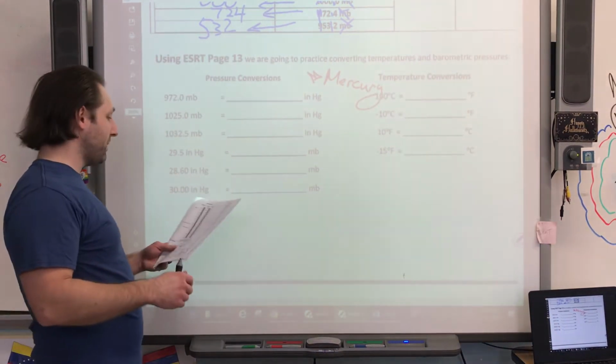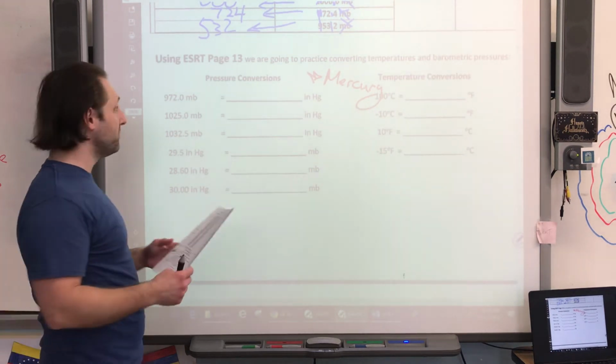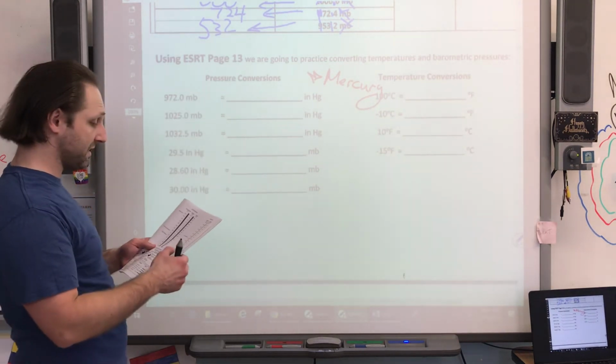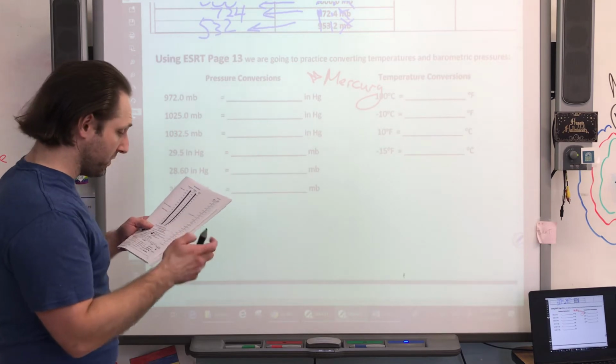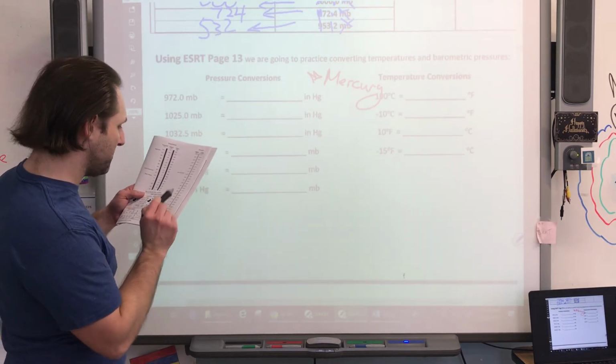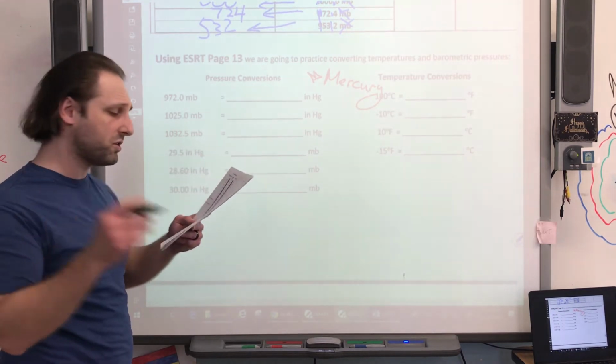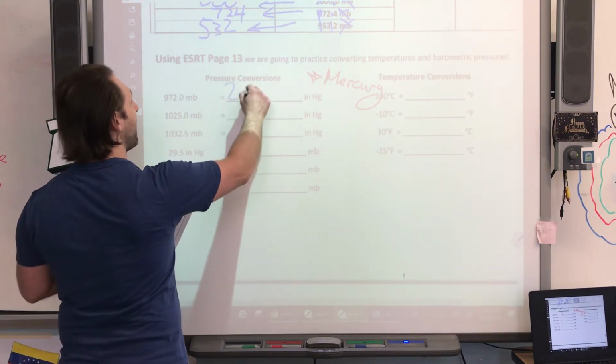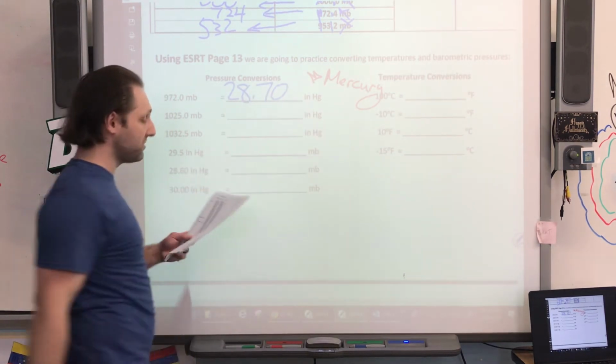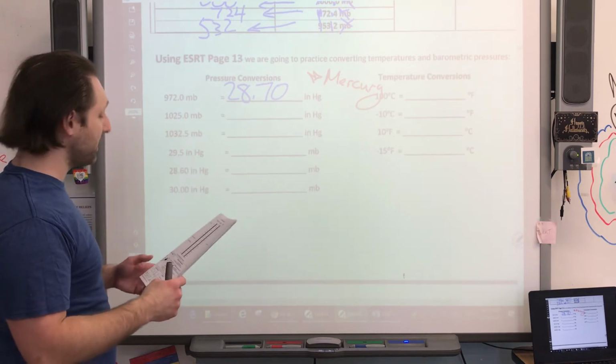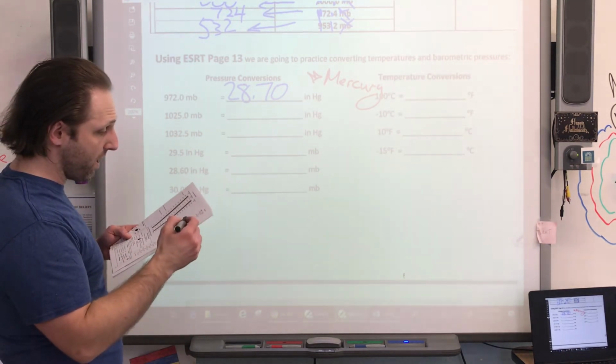Okay, so you had an opportunity to probably pause the video, and I'm set, ready to do a few of them. So we've got our pressure conversions, 972 millibars. We're going to go down to 972, and it looks like it just, honestly, it's close enough to say 28.7 inches of mercury. Our next one is going to be 1025, so we'll go way up here to 1025,